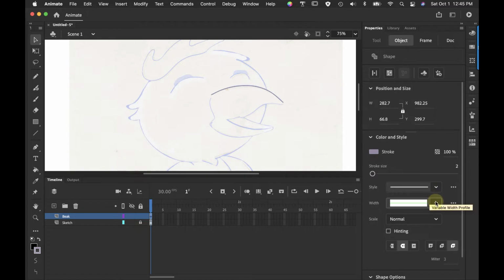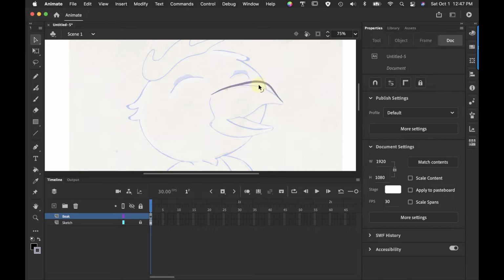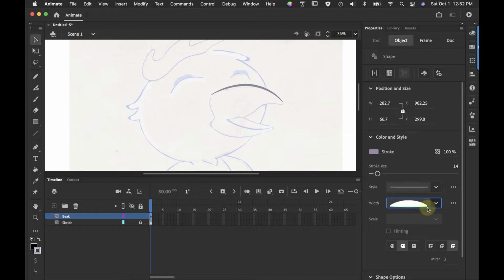options. Under width, I can choose variable stroke, and there's several types of those. At any time, I can go back and adjust the stroke width. I can also continue to manipulate the line, either with the selection or the subselection tool. If I set this back to a uniform line, I can choose